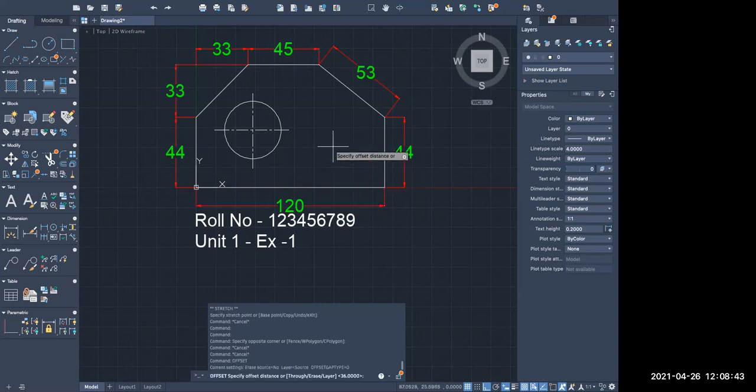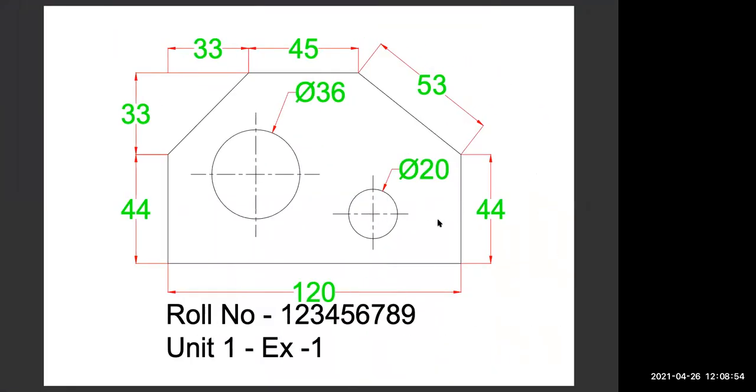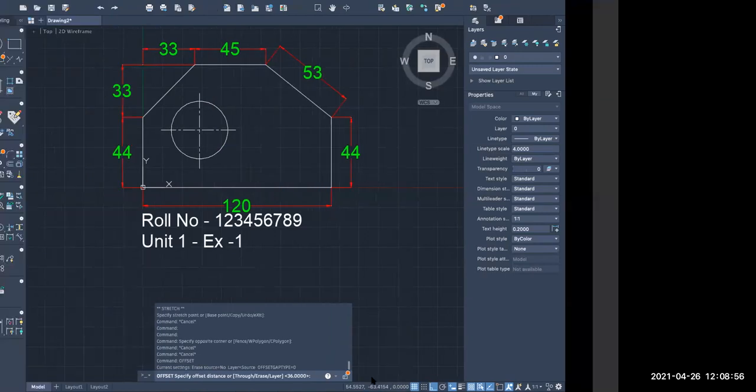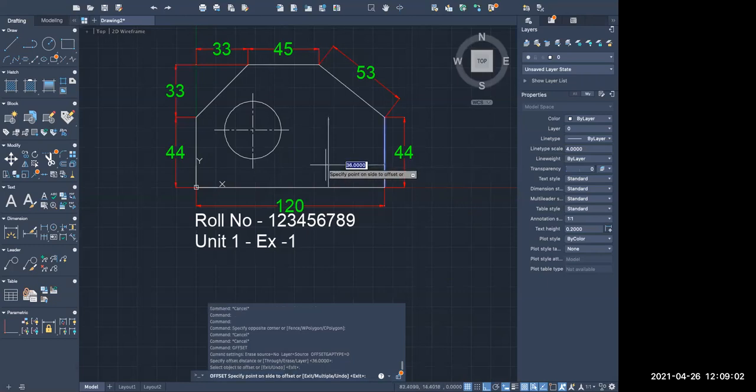What is the offset distance? 36. By default, you can see the previous value 36 is coming. If you have to change this value, you can change it. But this distance I know is 36. So let's go for it. You need to press enter. This line on this side, 36. Now this line,